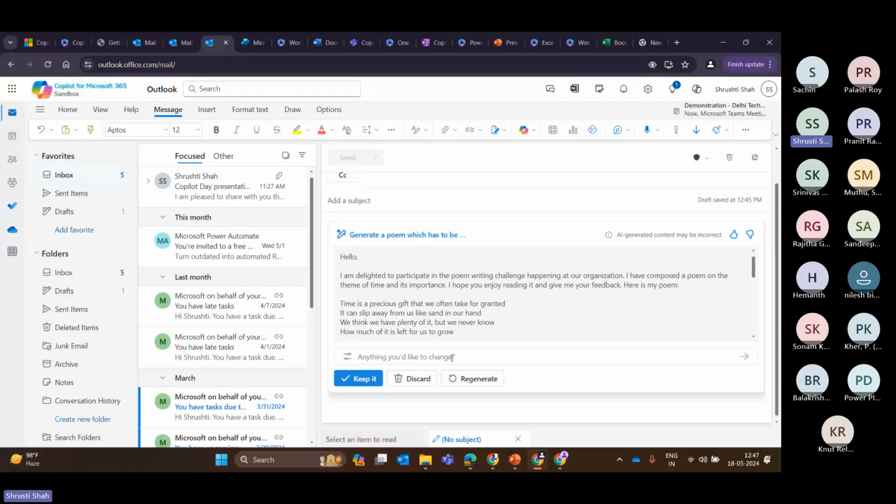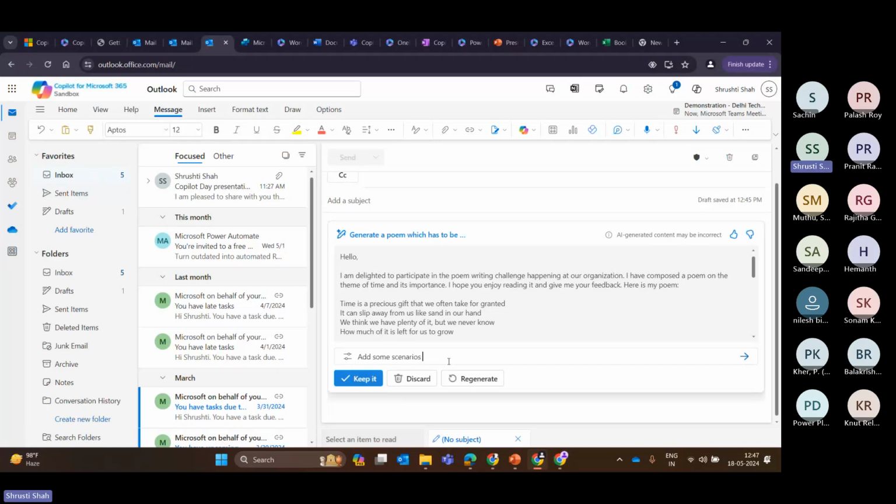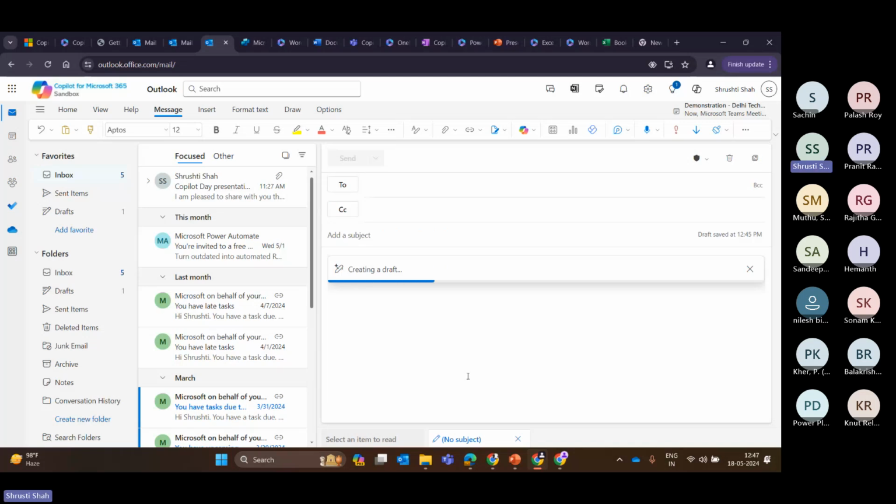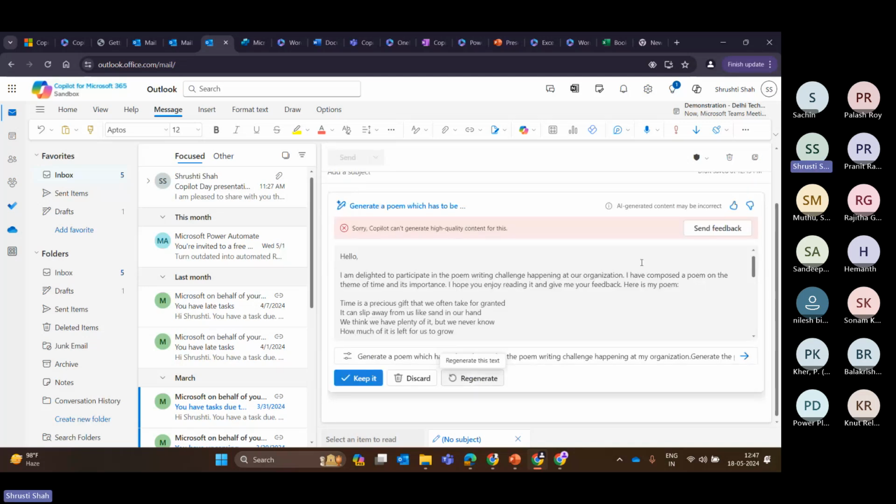Now, anything you would like to change? Add some useful scenarios of the people where they were challenged, where time challenged them, and still they did not give up. Okay? Something on the motivational side, just regenerate, and we'll see whether now it is able to